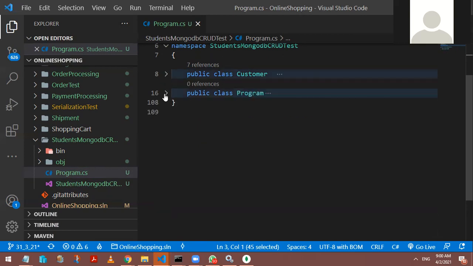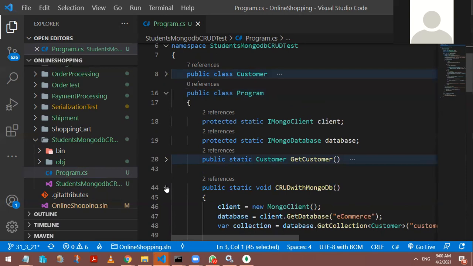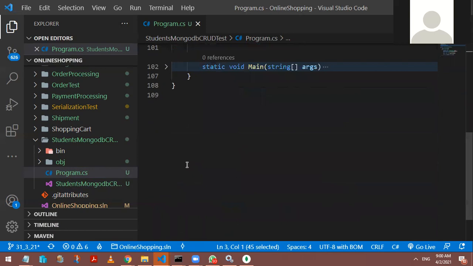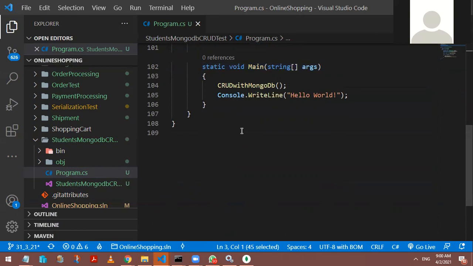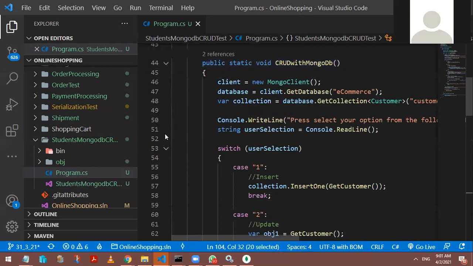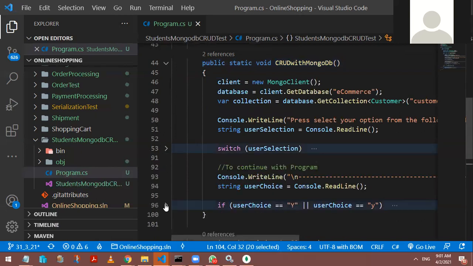Here I have some particular functions written. Can you see there's a main function available? Focus on the main function. What is this main function going to do? It is going to call a function called CRUD with MongoDB. I kept it as a separate function. Where is this CRUD with MongoDB? Can you get it? Yes, I think that function might be giving you the user interface and some options. If I look around this area, can you get something important? What do you find?